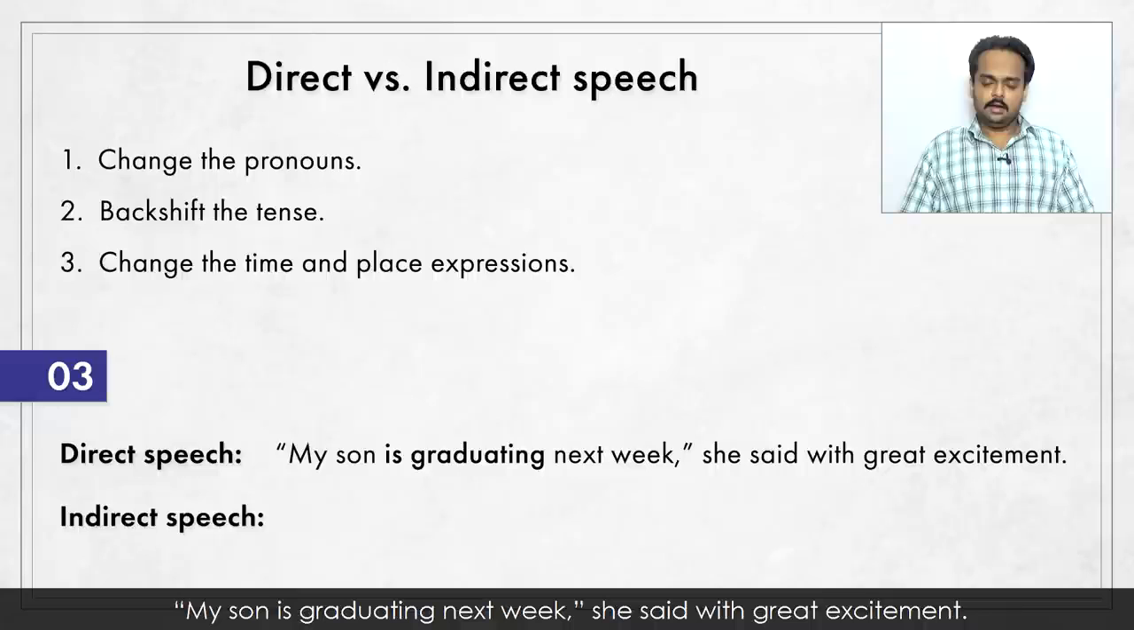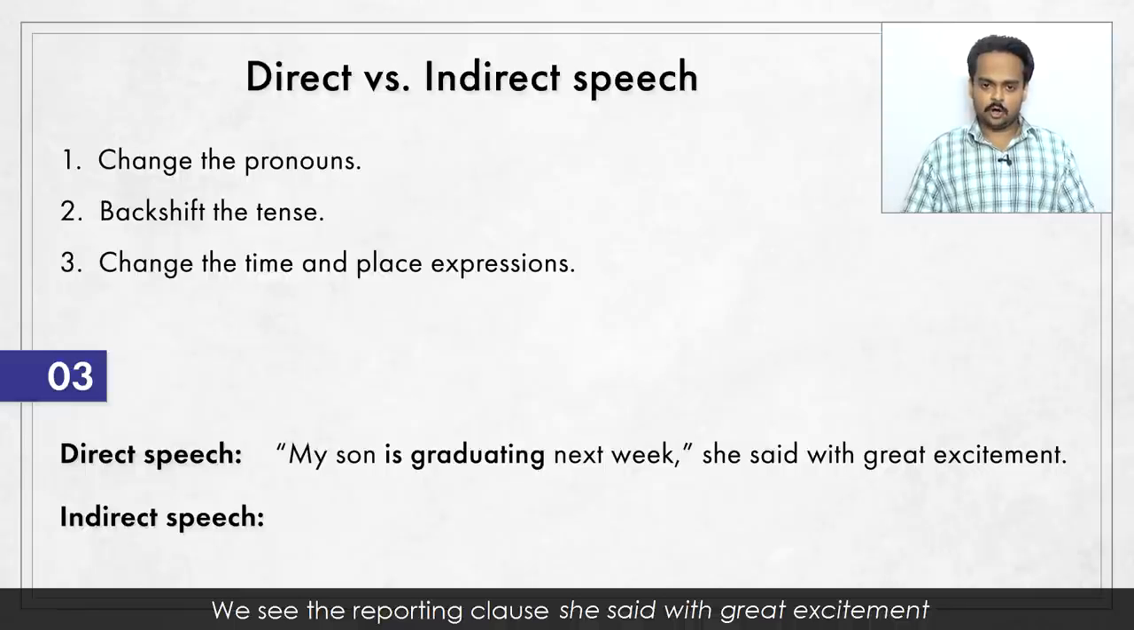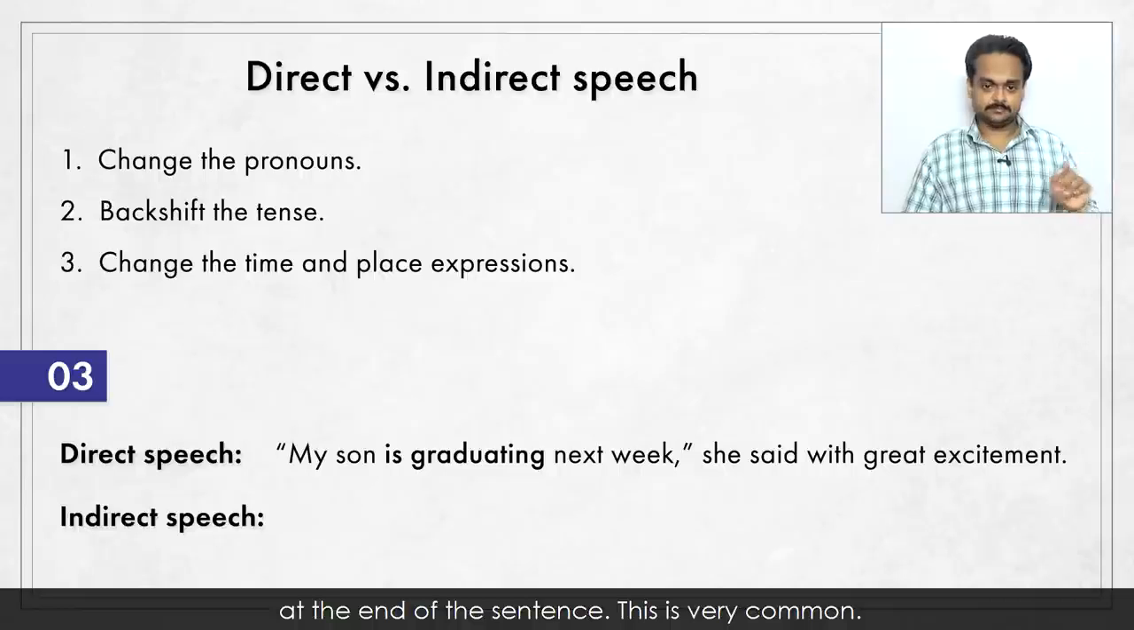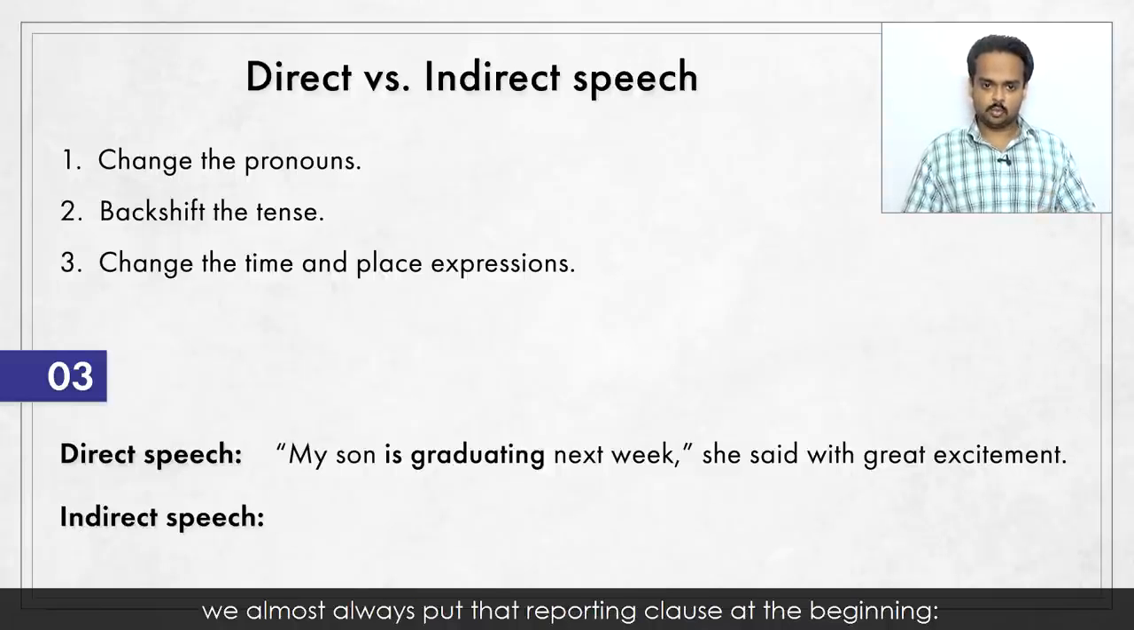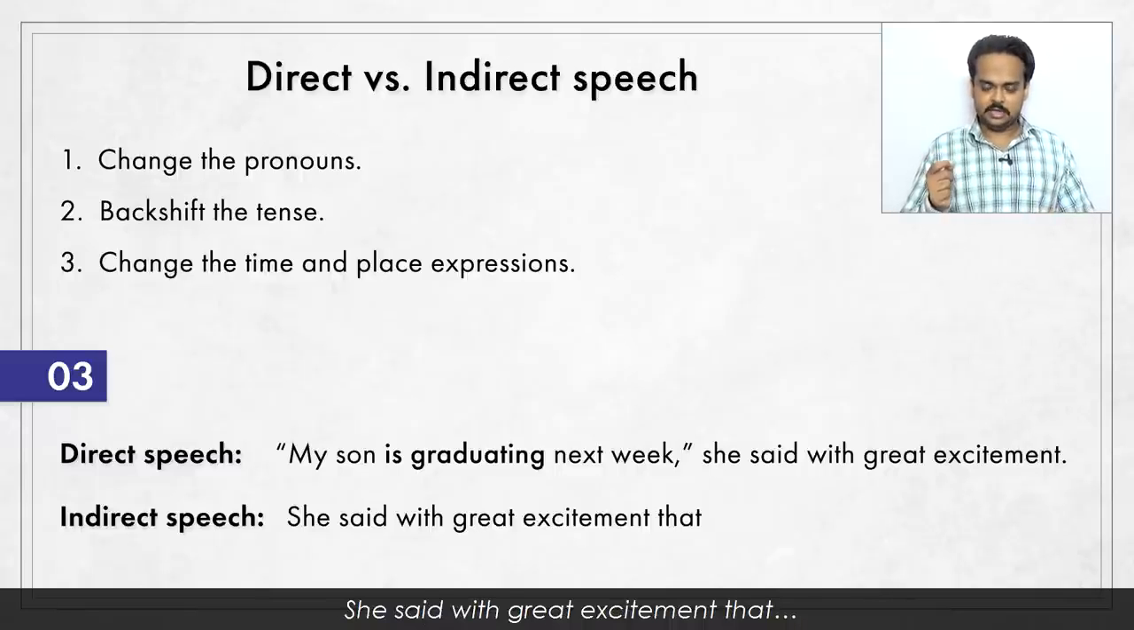Next sentence. "My son is graduating next week," she said with great excitement. We see the reporting clause, she said with great excitement, at the end of the sentence. This is very common. So how would you change this? When we change a sentence to indirect speech, we almost always put that reporting clause at the beginning. She said with great excitement that